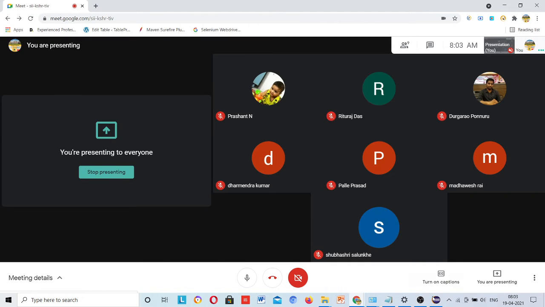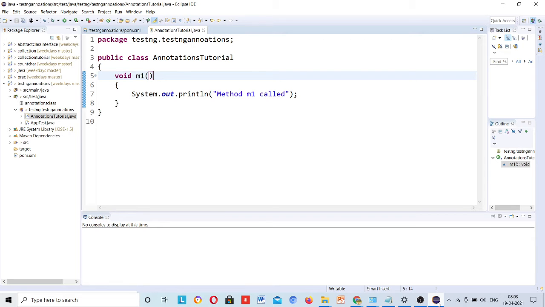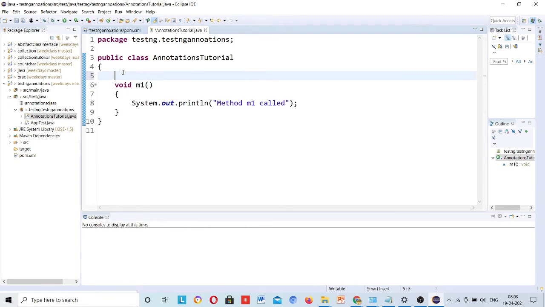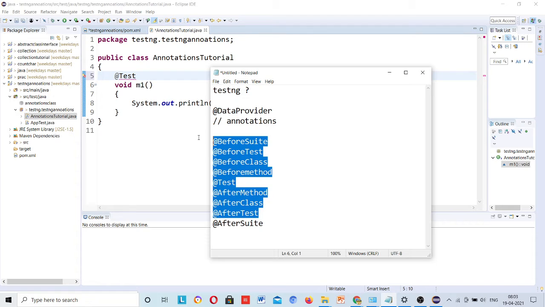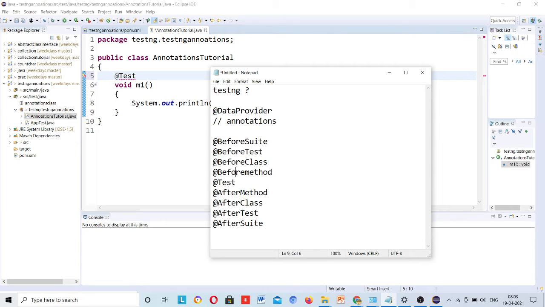Please guys, whether you are watching the lecture through the video or you are directly present here, I suggest you note down all points, otherwise there will always be confusion. Now the point to be noted: if you are using @Test, then only it will be considered as a test case. The others are only helping annotations and will not be considered as test cases.